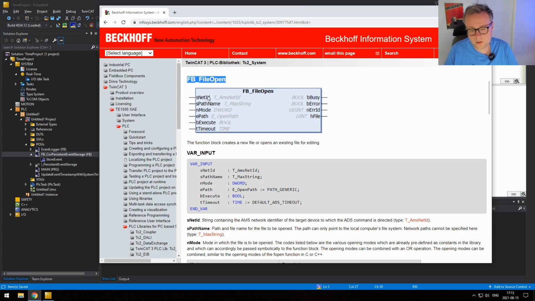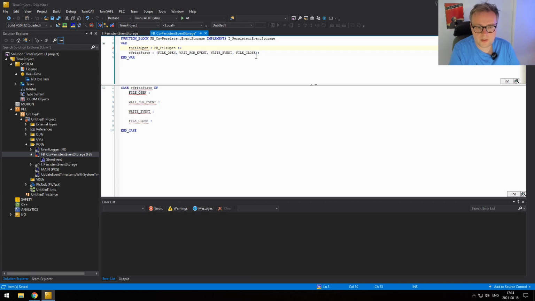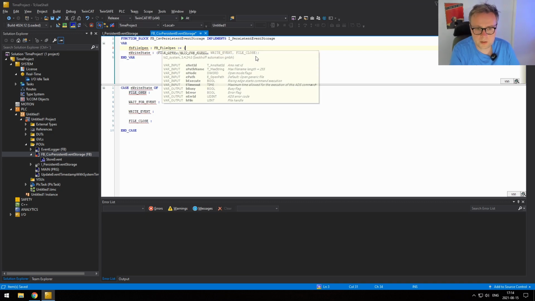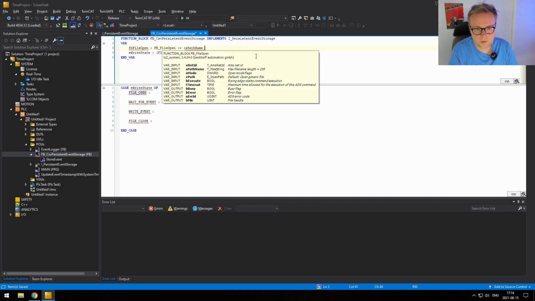All of them have input parameters. Some of them have default values, and some of them are quite interesting. We need to look a little closer at them. The first one is this SNet ID. By default, we want to open the file locally on the PLC, so we'll just leave this as default. If you don't put any SNet ID, you will use the local PLC, that is the PC that we're running this on. The path name is interesting because this is the path to the file. So this one we can set, and you can assign default input values like this, and then we can just set path name to